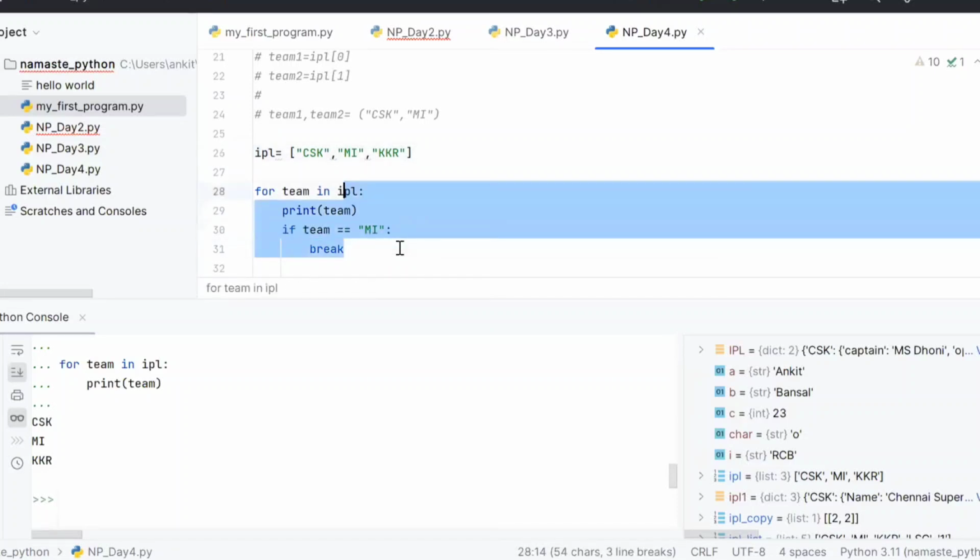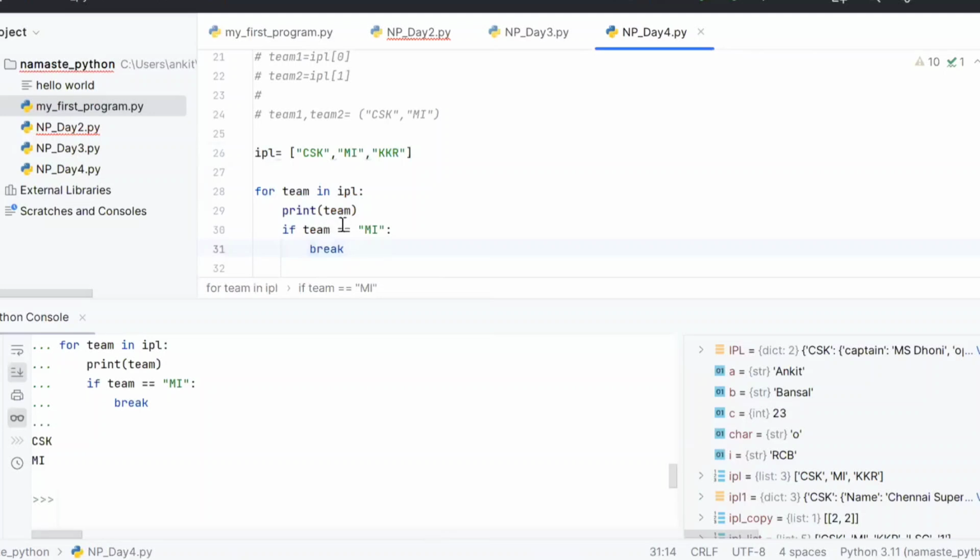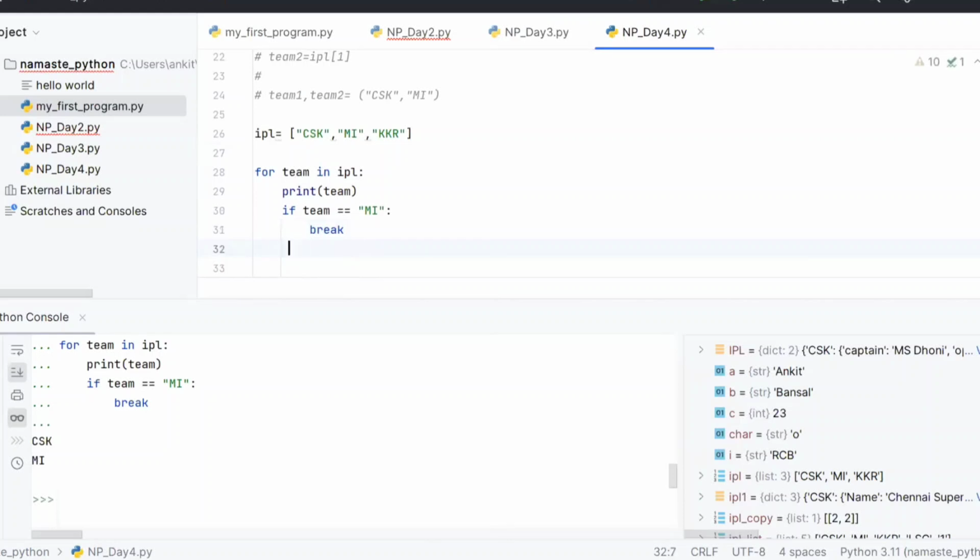So let's run this. You see, CSK is printed, MI is printed, but KKR is not printed. Why? Because the moment it finds MI, it is just breaking the loop. It will not go further. Now, similar to break, we have a continue as well. So let me do one thing here. I'll just add one small print statement here.